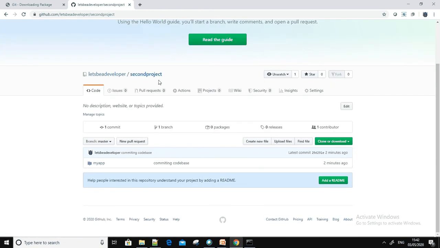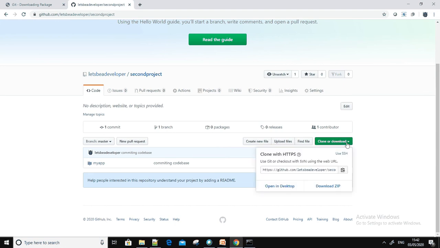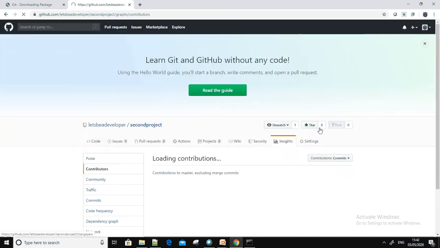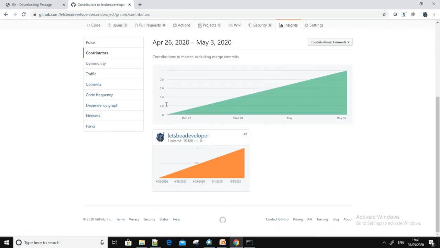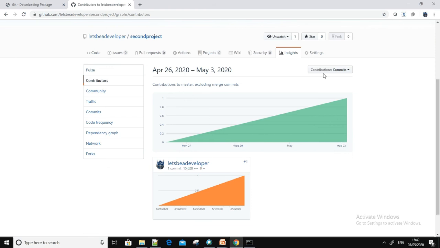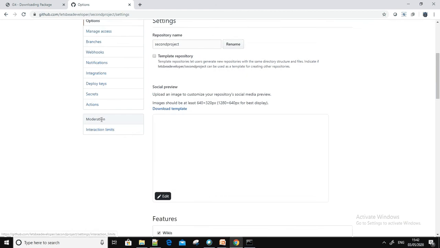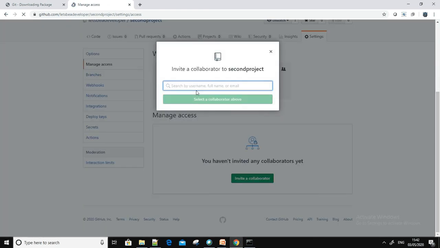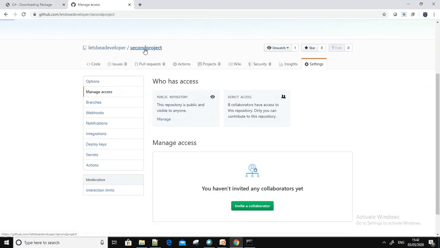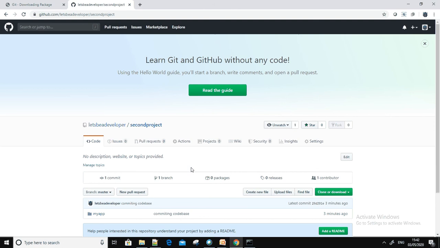And if somebody asks that they want to see your project, you can go to this clone, give this URL, and you can add that person as a contributor. Here are the contributors. You can add their email ID here. Right now one contributor is there. You can add more contributors in the settings, under manage access. In manage access, you can invite a collaborator by putting in their email ID, which is present on GitHub. And that's how you can share your project and start collaborating on the same project.